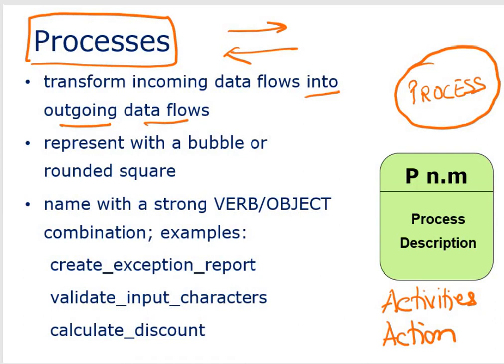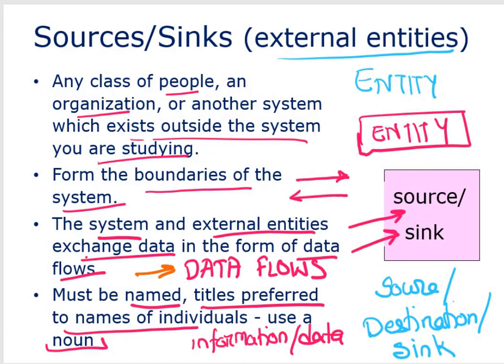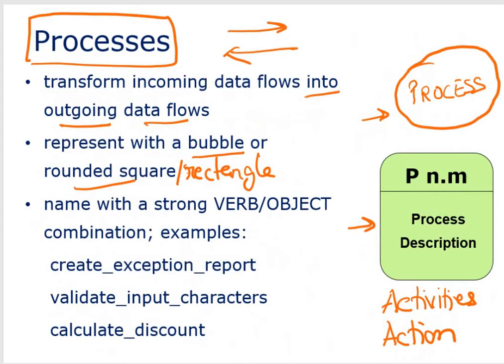This can be represented with the help of a bubble, which is your circle, or a rounded square or a rectangle. Right, square or a rectangle, because if suppose you are writing something, right, then what we can do is, but if suppose you are using it with the rounded rectangle, then be careful with the entity. Do not make it like this, right, or else you will get confused.